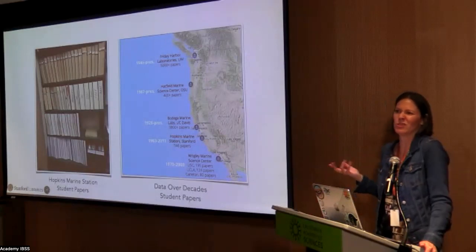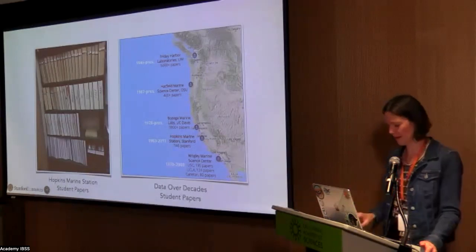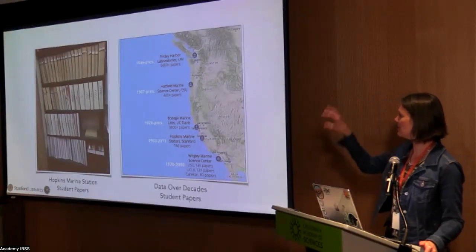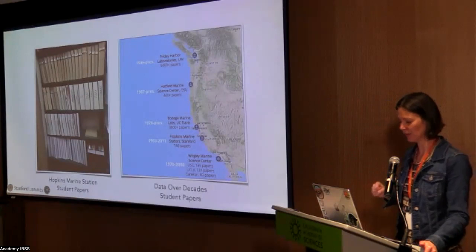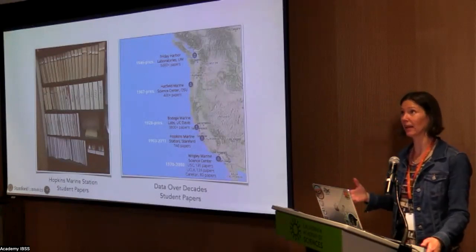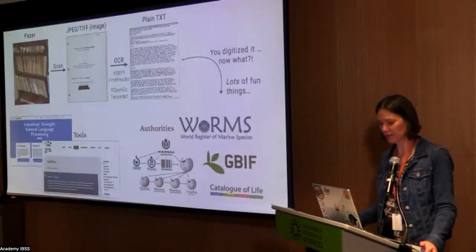So that's the kind of information that I want to pull from these papers. It's not what was the research that they were doing. It's what did they see out there? What was out there at the time? So I really think a collection like this, each of these in their own right is important, but if we can leverage across these collections, that would be extremely powerful. So that's why it's 4 years in and I'm still like, how are we going to do this? But let's talk about the approach a little bit. So,